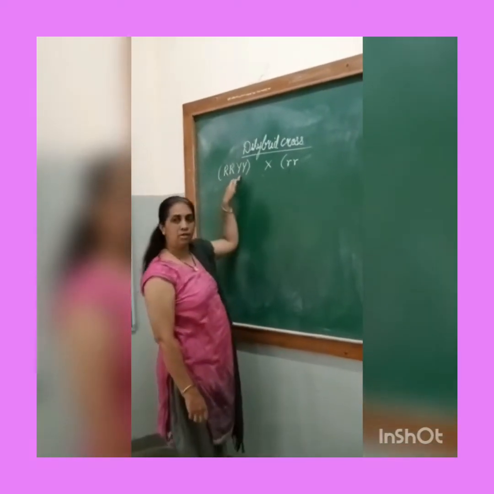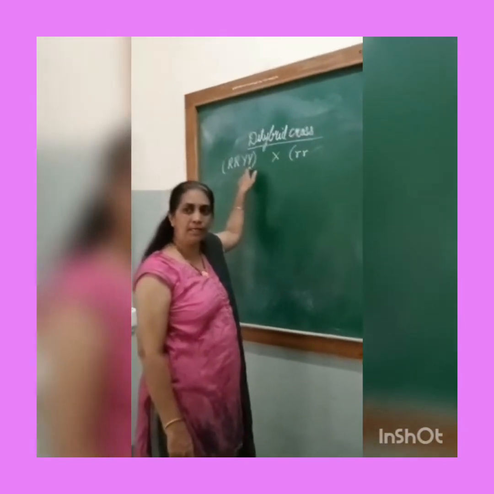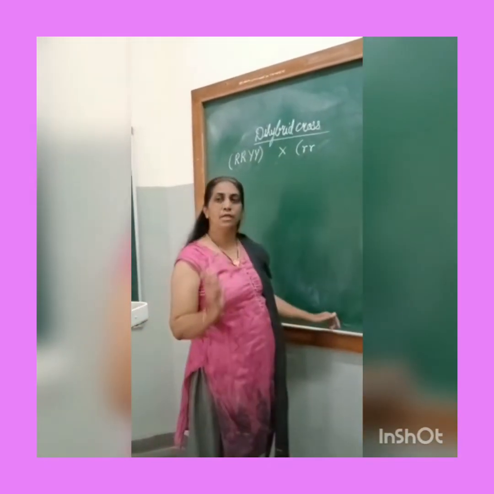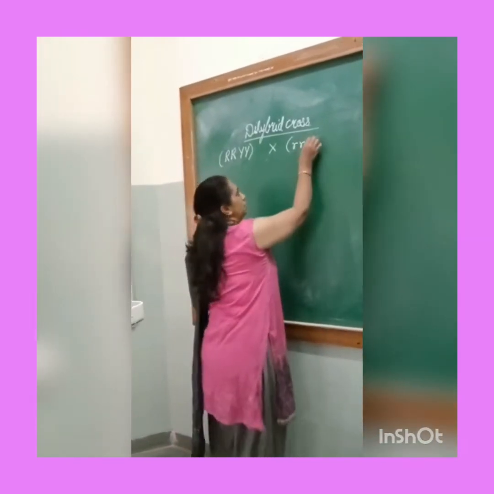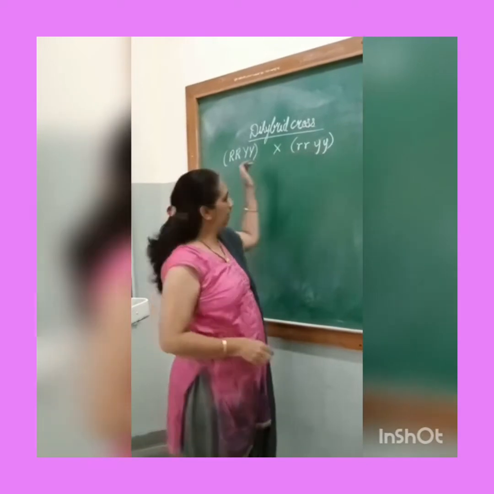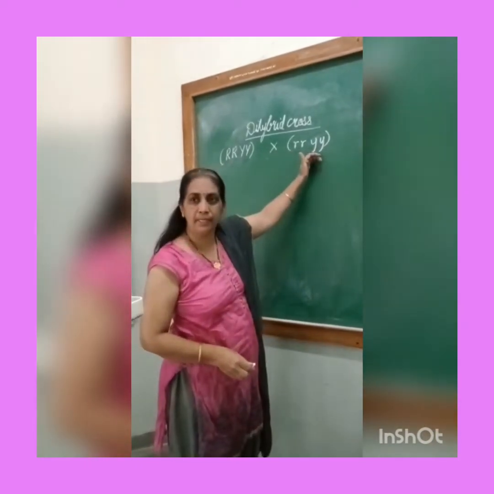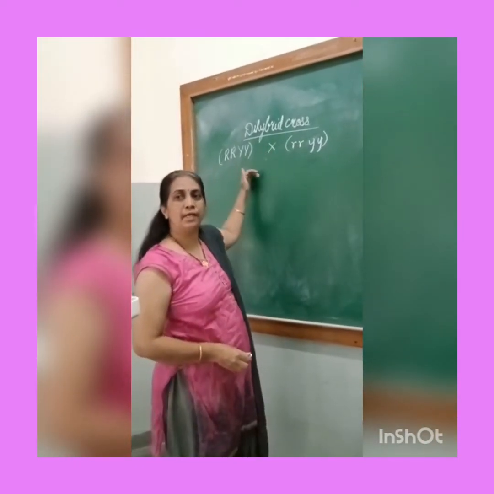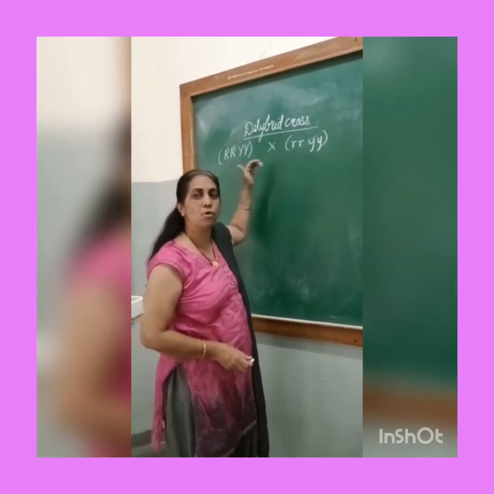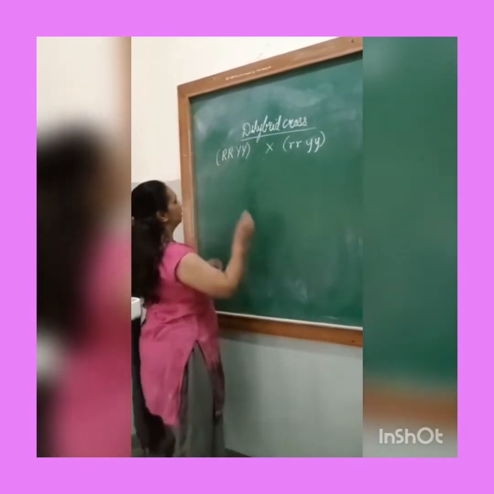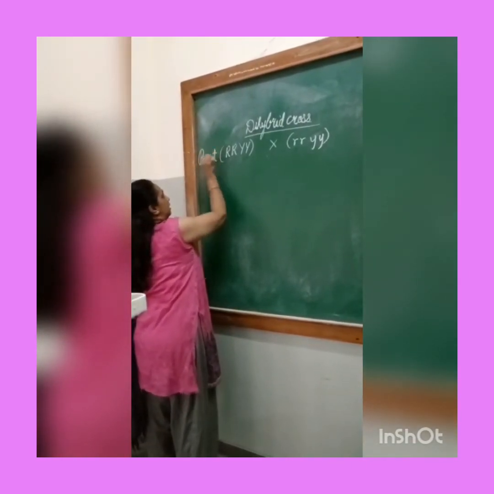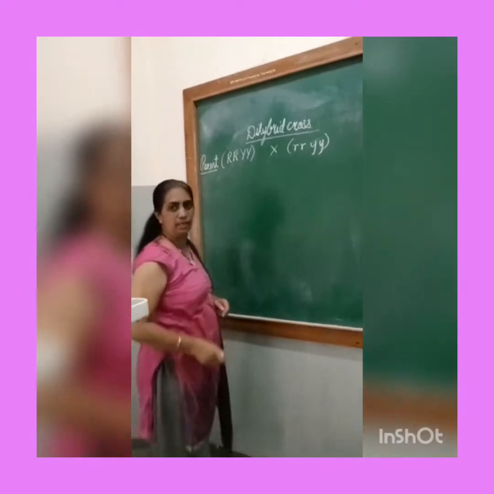Now what about the yellow seeds? Yellow color is the dominant color, green color is the recessive color, but we will not write small g, we will use the symbol small y. So these are the parental generation. How is the parental generation? Genotype. The genotype is homozygous. Here I will write parent. These are the parents, the parental generation.